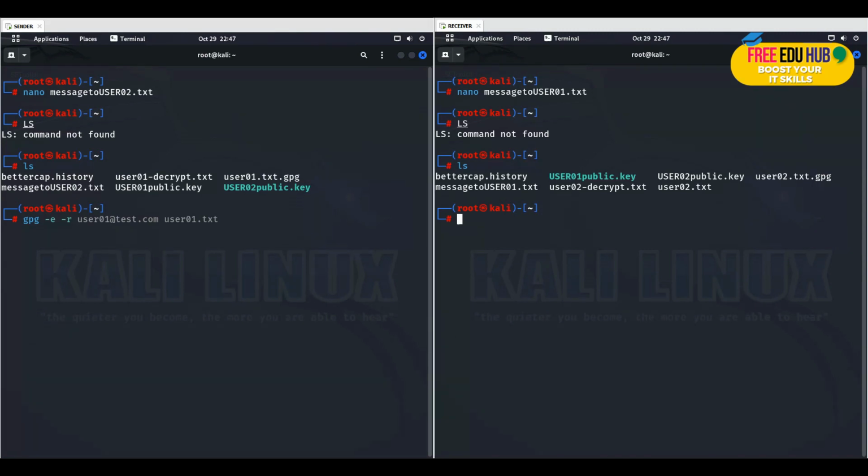Before, we wrote user01 because we were testing it for ourselves to see if we can decrypt it or not. Since we are sending it to the receiver, we'll have to use their email address so that only they are able to read the message. So I'll write user02@test.com, and then I'll use the name of the file, which was message to